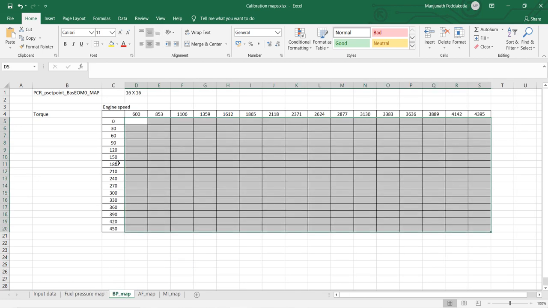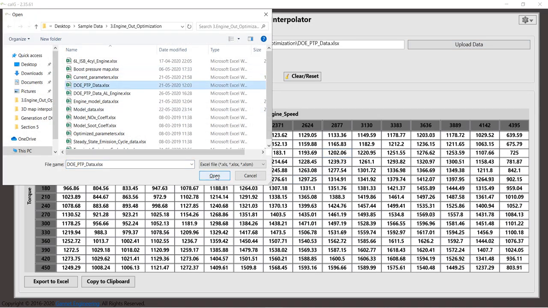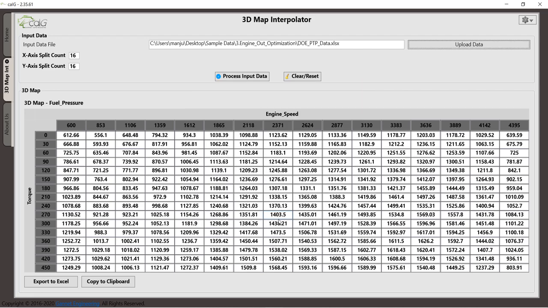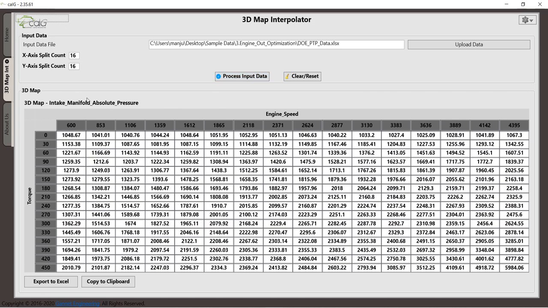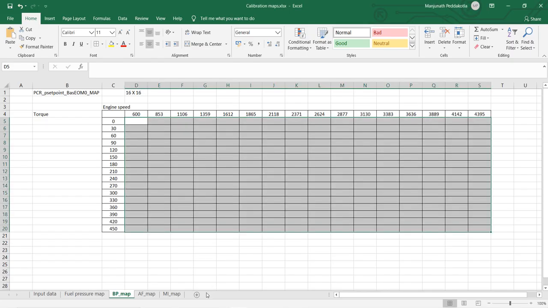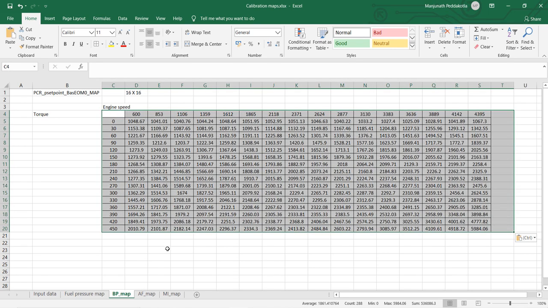That's it. For getting the boost pressure map, let's go to CalG again. Just upload the data again and select X speed, Y torque, and Z as boost pressure, which is intake manifold air pressure. 16 by 16 data, and process data. Got it. Copy to clipboard, go to Excel, boost pressure map, done.